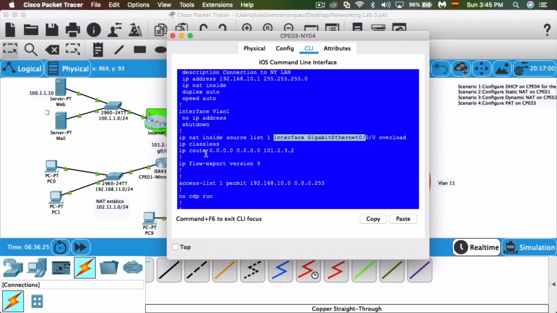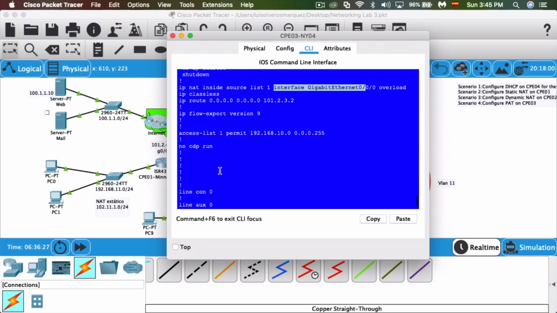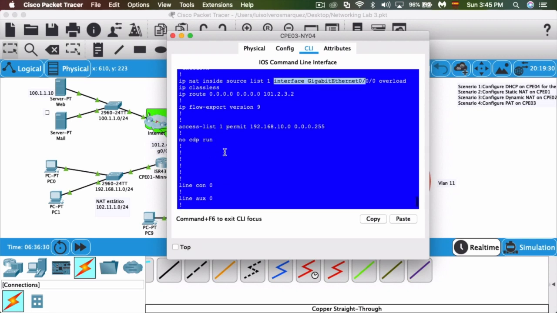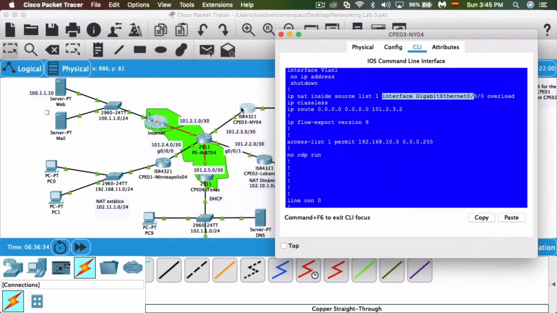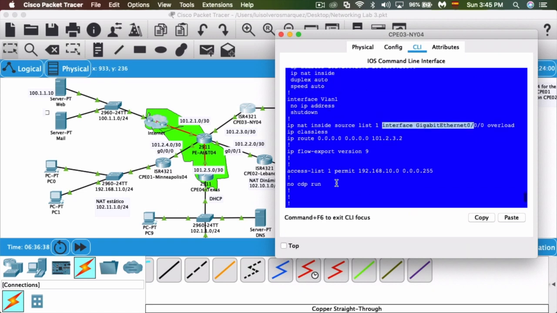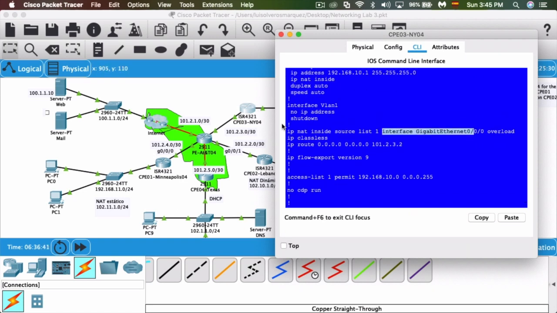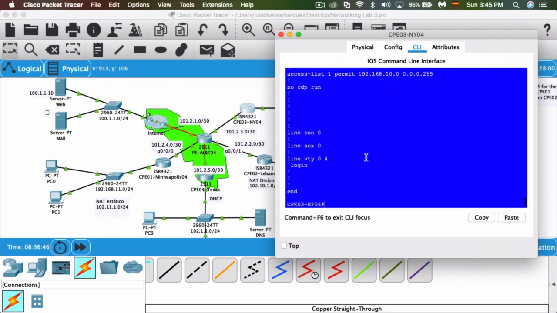Also, I'm using an IP route so I can have the traffic outside for this interface have connectivity with all other routes, but the private LAN is using PAT to go out to the internet. So let me show you an interesting command. So show ip nat